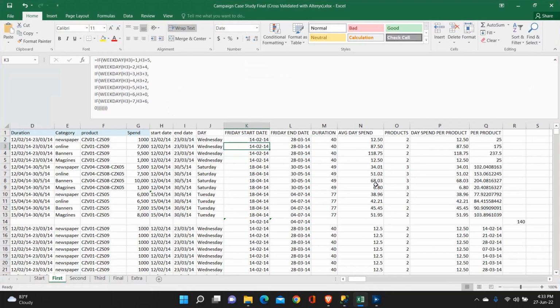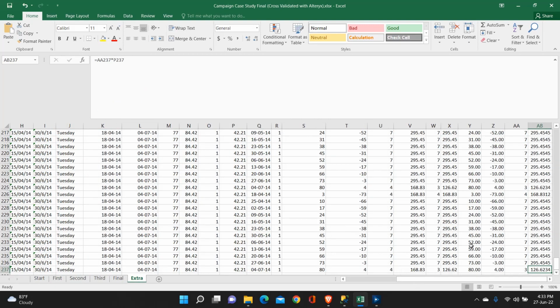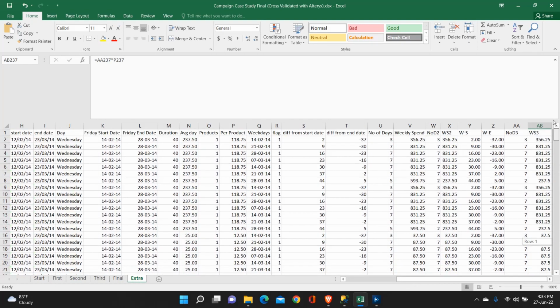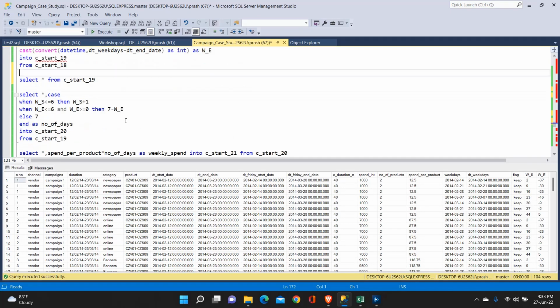So let's cross check here as well. So if we go here and see weekdays minus start date and weekdays minus end date, 230 minus 37, 9th minus 30, so we are getting the same. Okay, after doing that, what we did